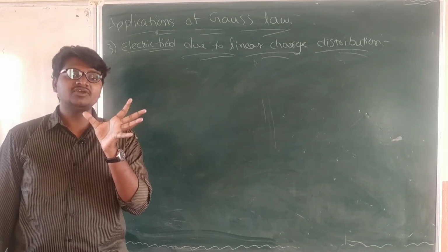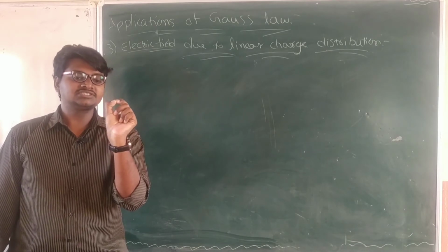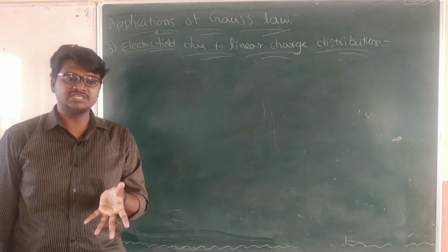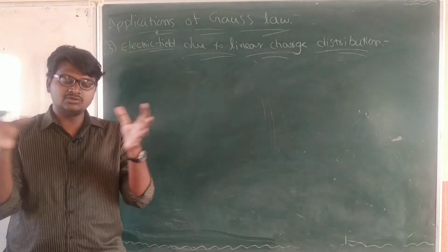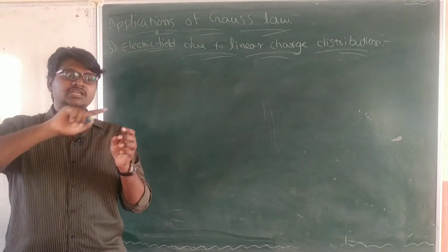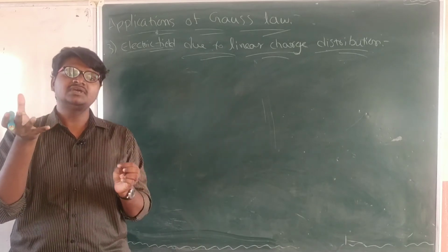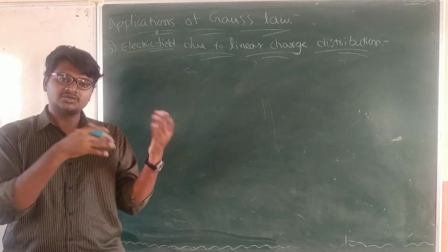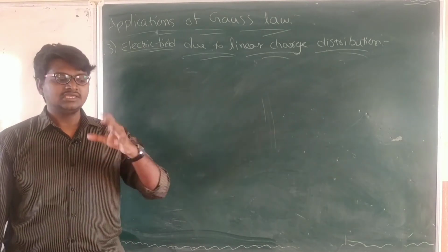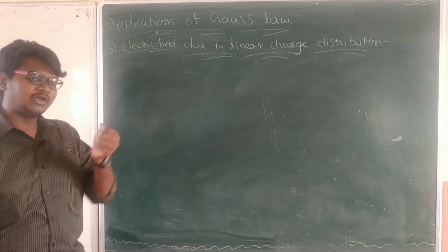It means we are going to observe spherical wavefronts simply because of the point charge. I say wavefront because the electric field comes out in the form of lines. Let's consider lines of force, and if you consider any spherical surface around it, it will behave like a wavefront. About wavefronts you will learn again in the wave optics topic. In the same manner it will behave here also. That is nothing but a point charge distribution.